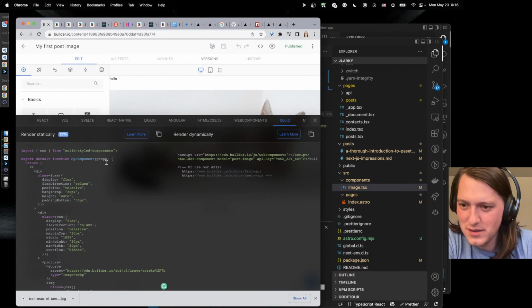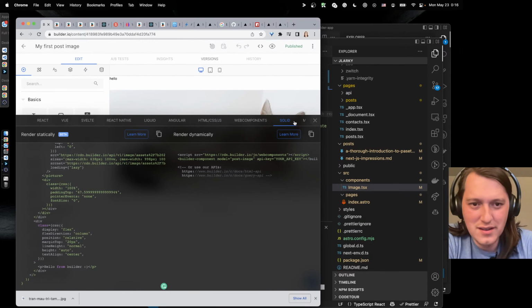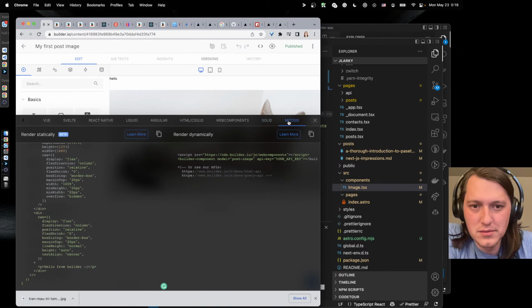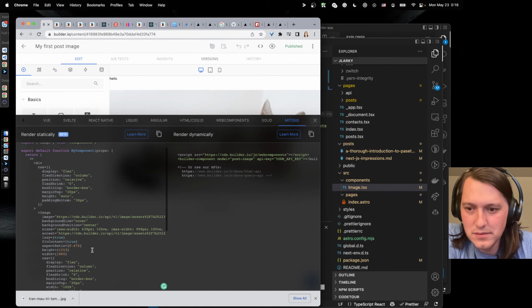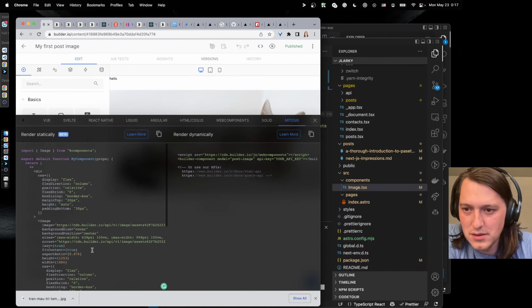Style components. Why? You could have just like set a style. Why? And mitosis, where does it get image from?